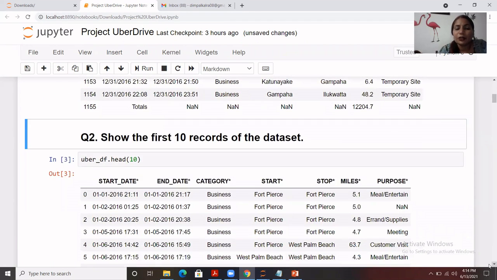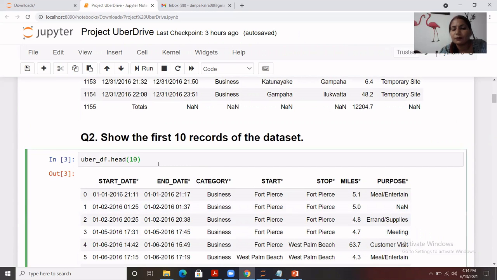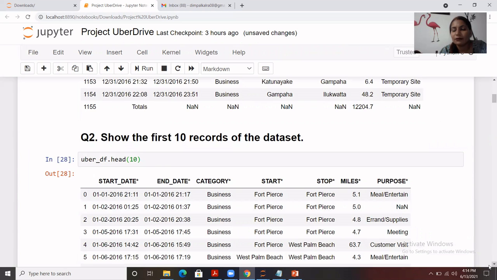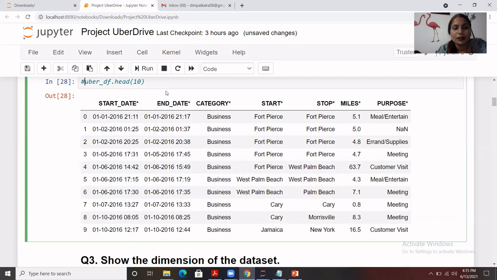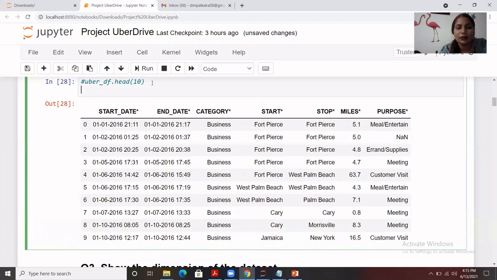And then we need to showcase the first 10 records of the data set. So we can use head for that purpose. That will display the first 10 records, which start from 0 and go till 9. We can do it in another way as well. Let me write it.